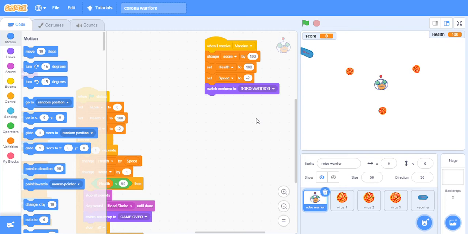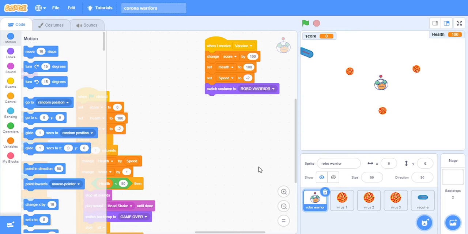And if he dies, then he will suffer, and he will give this virus and spread this virus to other people also who are in touch with the Robo Warrior. So it is very much essential to stay indoors and not go out like Robo Warrior. And if he goes out, then you see that the virus has attacked him, and his health over here, you see there is a health option also. His health is decreasing and it's turning red.